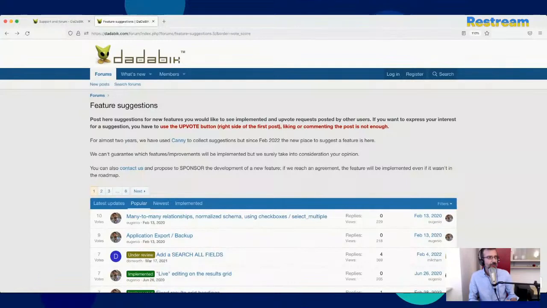And also, I've seen many applications, like internal tools, built using DaDaBIK in companies and organizations, and I see that if you really want to change the user interface and you know some CSS, you can transform the interface and make it look exactly what you want.